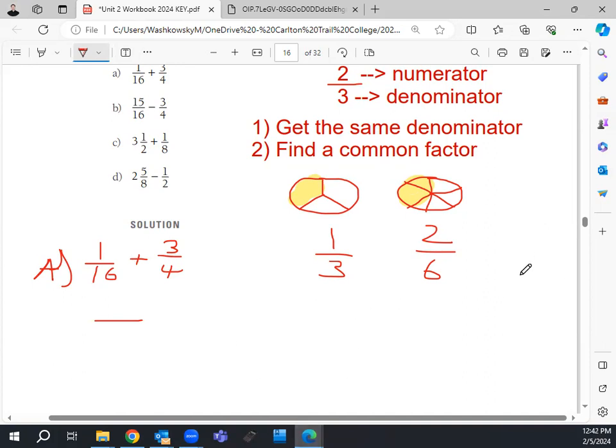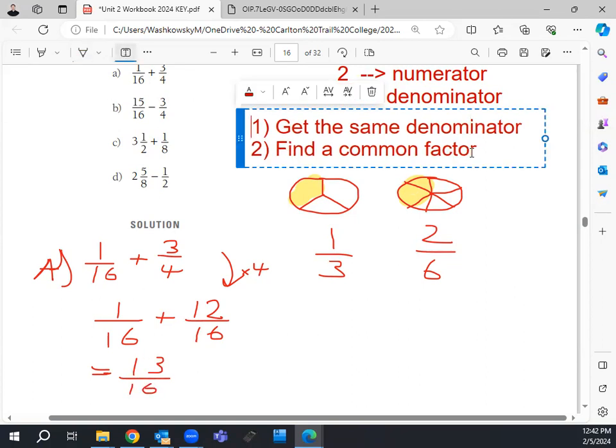I can go 4, 8, 12, 16. So why don't I just multiply this side by 4? I'd get 1 over 16 plus 3 times 4 is 12, 4 times 4, I'm trying to get the same denominator, 16. All of a sudden, that's going to give me 13 over 16,